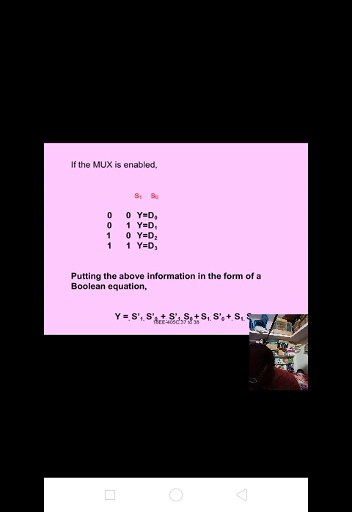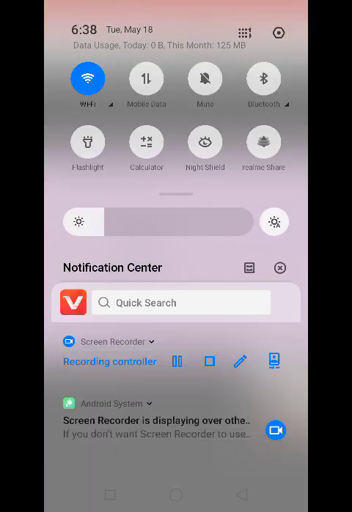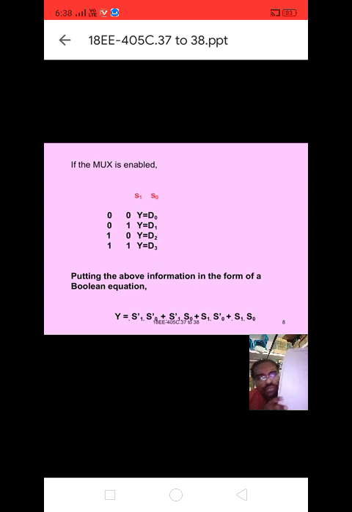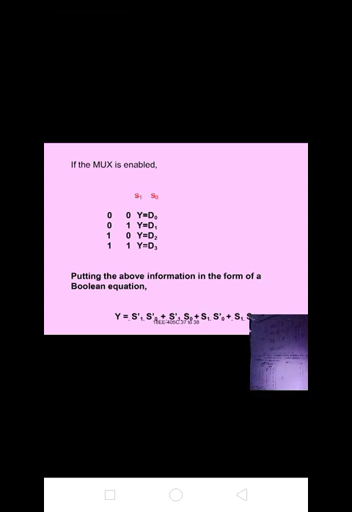Okay, here I will show the diagram. Please make a note of it, or take a snapshot of it. Okay, I will increase the size. Now you can see it. Draw the diagram of the 8x1 multiplexer as well as the truth table. I will send it in your WhatsApp group. Please make a note of it. Please draw the diagram also.